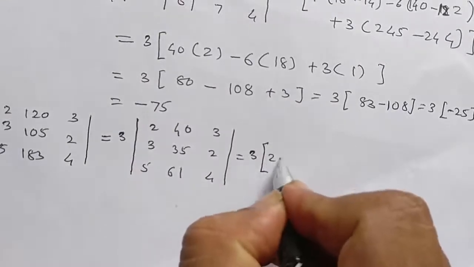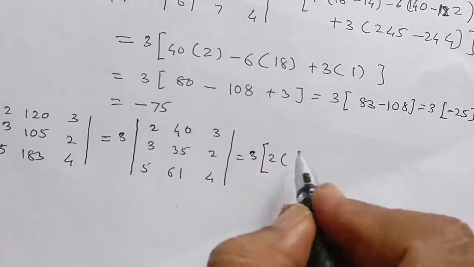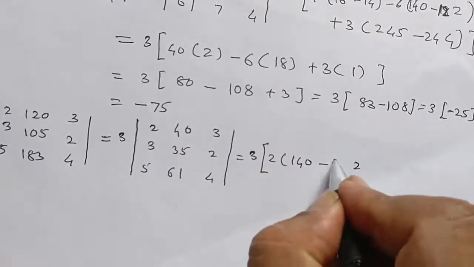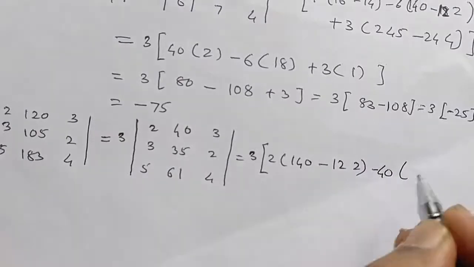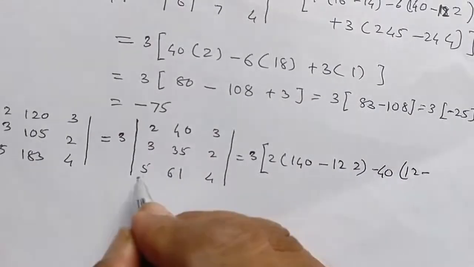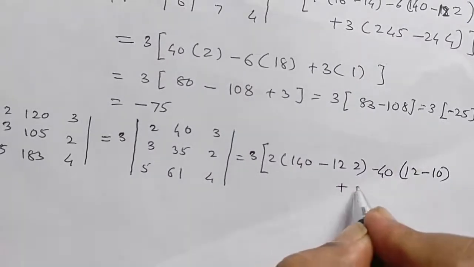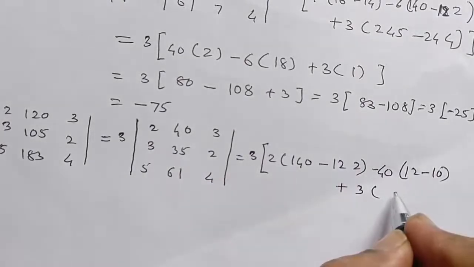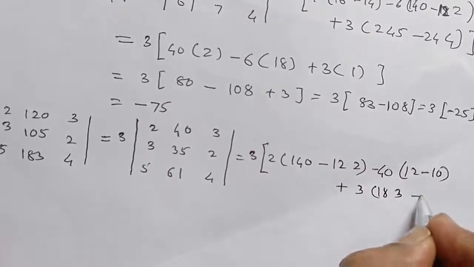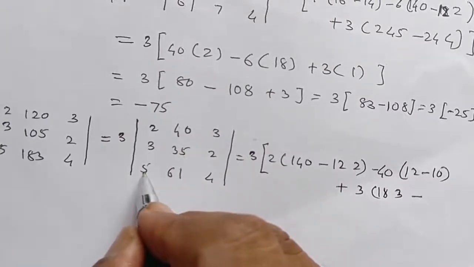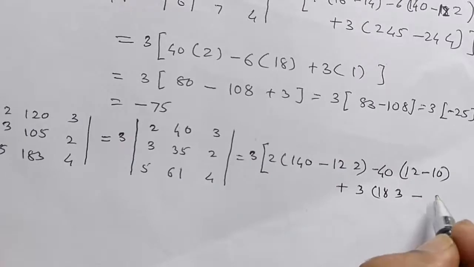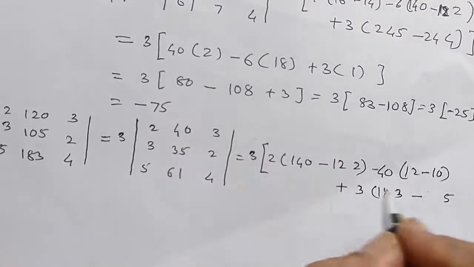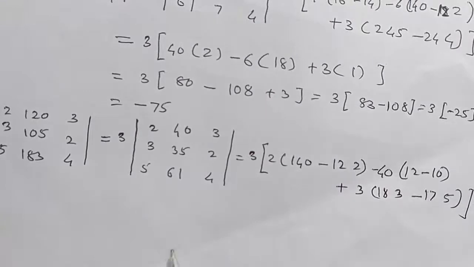3 into bracket 2 into 35 into 4, it is 140, minus 61 into 2, it is 2, 122, minus 40 into 3 into 4, 12, minus 5 into 2, 10, plus 3 into 61 into 3, that is 3, 183, minus 35 into 5, it is 5, 15, 175, bracket complete,